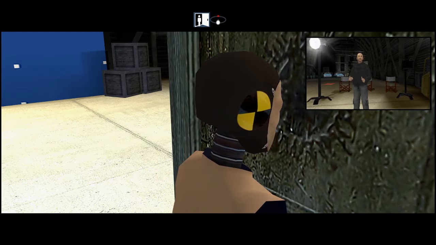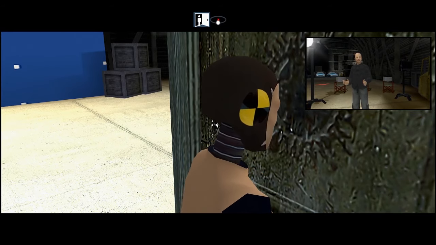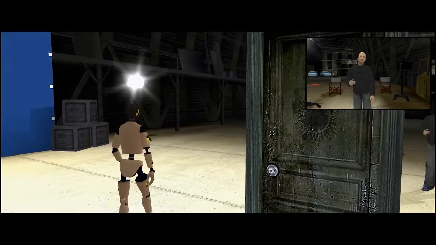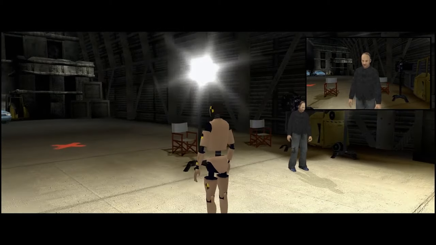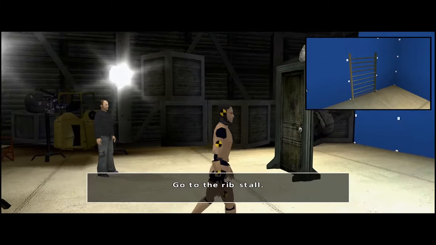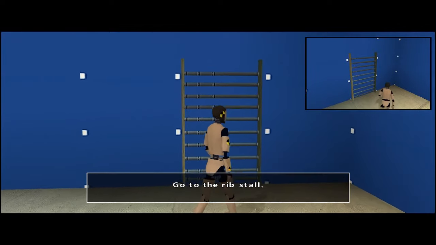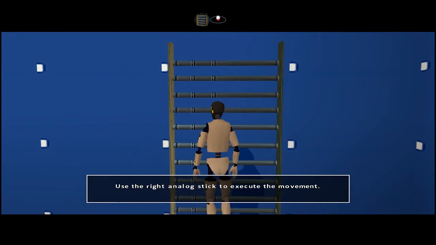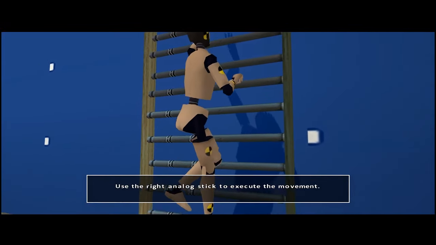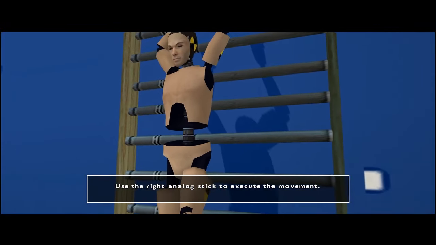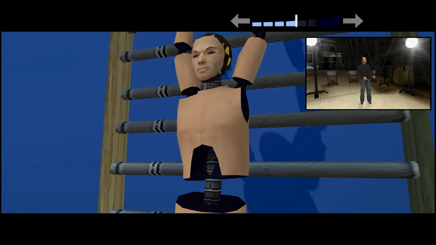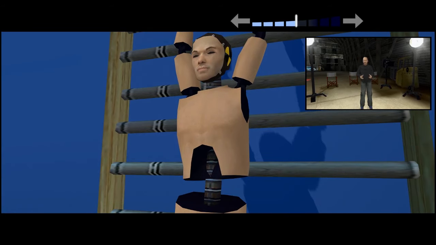Fahrenheit has action sequences where your character's life will be in danger. I'd better explain this to you before you find yourself on your own. When this symbol appears at the top of the screen, it means your character is gonna have to make a physical effort. You'll see, you'll be exhausted too.